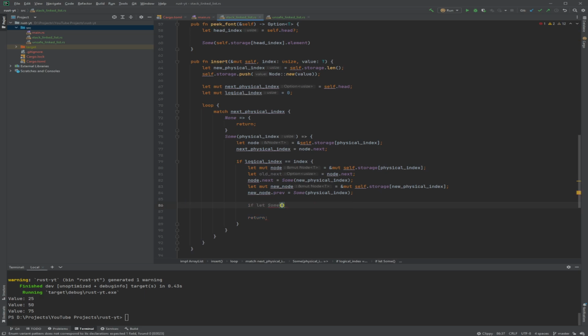see if there has been an old index, and we get the old index if there is, or the old next index. Then we want to also get the old next node, because we want to add it to the previous.